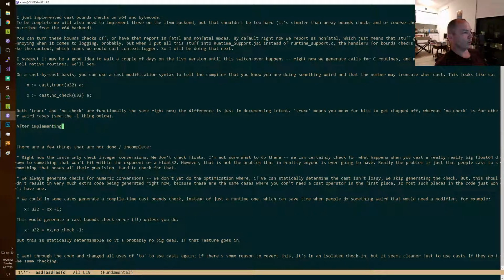After implementing this, I went over Sokoban and all the tests and fixed the cast bound check errors that exhibited easily.